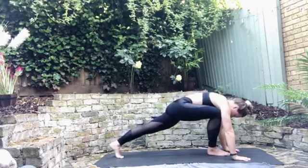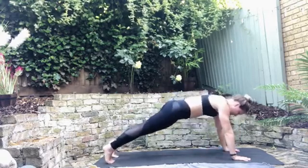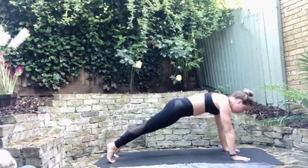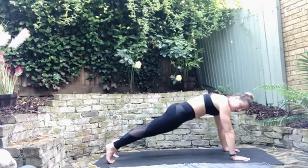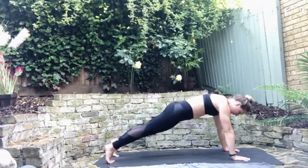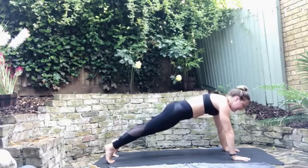Really extend away in that heel, back with the left foot, bring your body weight forward, holding here in your plank position. From here, lower the hips a little so that core is super engaged. And then if you wish, you may drop your knees, or if you wish, you may keep your legs extended. Either way,